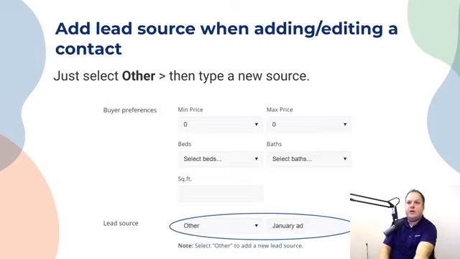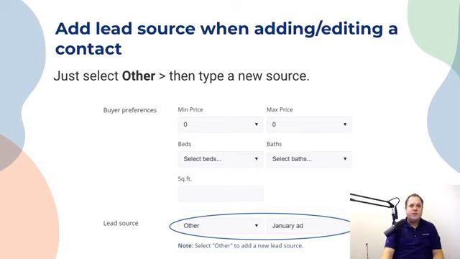The first one is lead source. This has been something you guys have definitely submitted a lot of feedback on. Happy to say this is now available to you in Top Producer X. If you want to add your own custom lead sources, all you need to do when you're adding or editing a contact is go down to lead source, choose other, and type in the name of that lead source. It can't be any easier. It's available, and super easy.